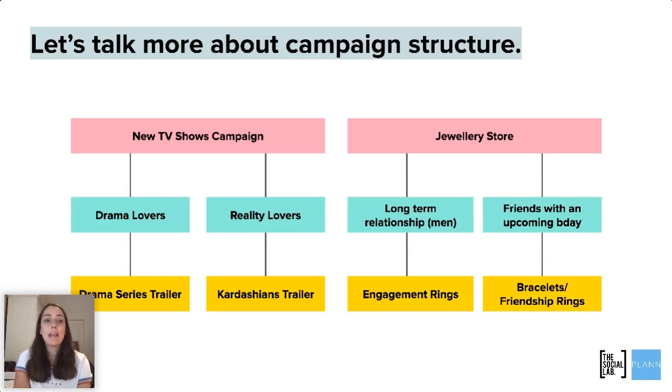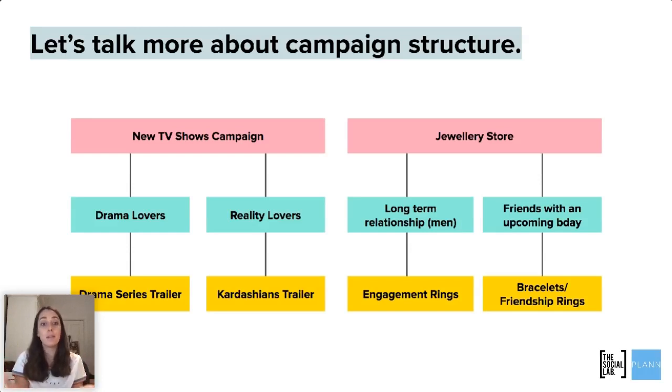Once we know what our campaign is, let's say it's new TV shows, we're a Netflix or whatever it may be, and we're doing a campaign for new TV shows. So we know we have some TV shows that are really good dramas, and maybe some reality shows that are great for binge watching, but our diehard drama lovers won't want to see those trailers. I, for one, love them. We would split our audience into 2. So we would have people that love drama shows, people that love reality shows, and those 2 audiences would see